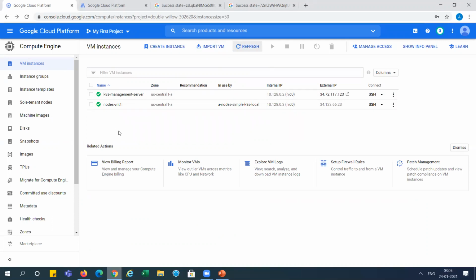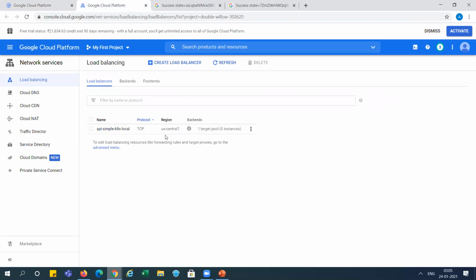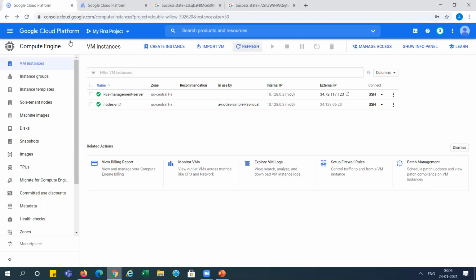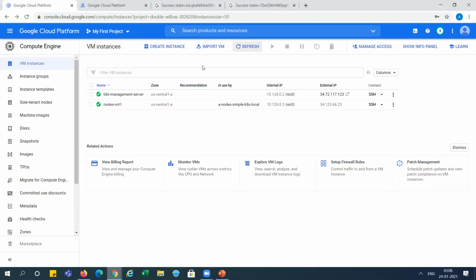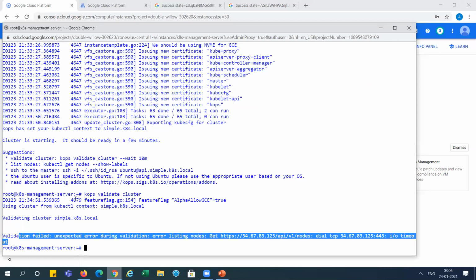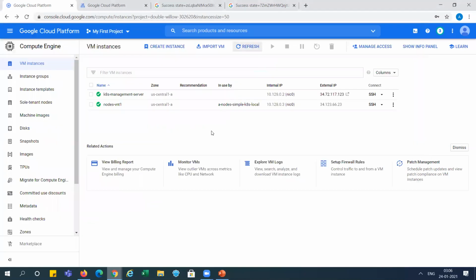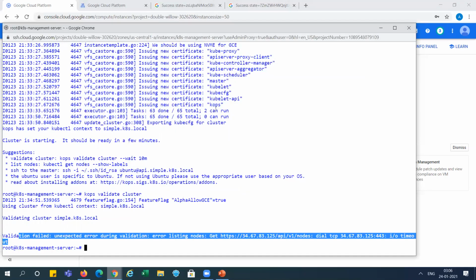Still, it is not creating. It is in progress, and you can see the load balancer is created here. Let me refresh, and it is showing the backend is still in progress, right? So I am pausing this video for a few minutes, and I will come back when it is completed, right? Because it will take a 5 to 10 minute process.